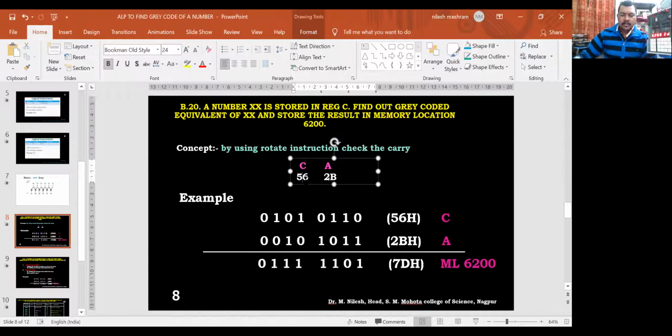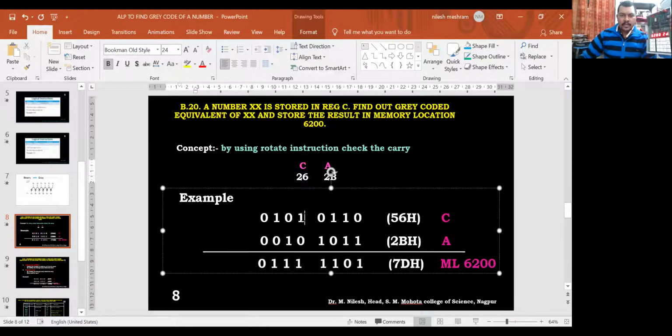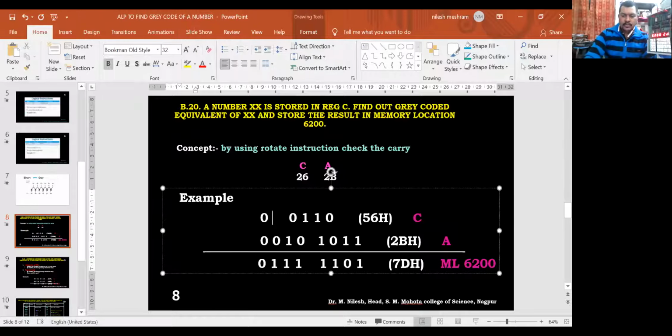Let us try on the screen, yes, here. So now we have changed this number. This is 26, right? So we are changing this number to 0, 1, and again 0, right? This is 2, this is 2, 6, right?